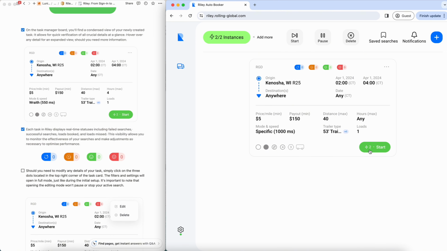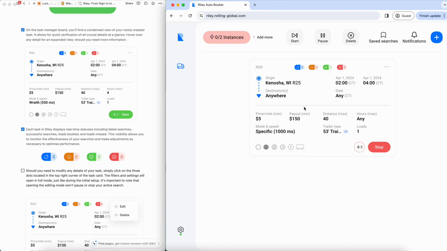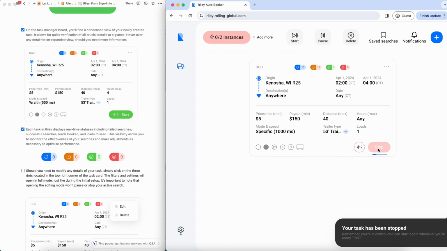Let's just press start, just an example. So you press start like this, and so the task has started. You have 0 instances available if you used all of them, and because I'm launching really fast, I have 2 servers. It's giving me failed searches here, so I'm gonna press stop,